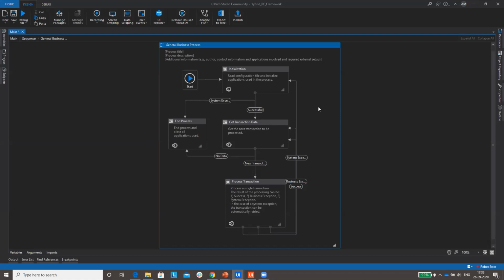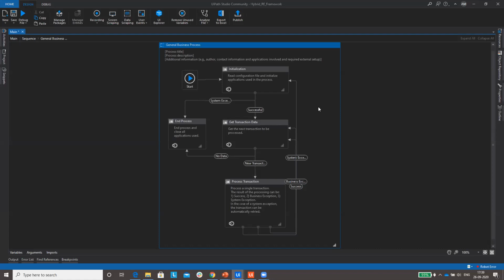The dispatcher code is responsible for adding data to the queue, and this performer bot, which is an REFramework one, will download the queue item and process it. That is how the normal architecture works. And as I told, the dispatcher code is separate and the performer code is separate.